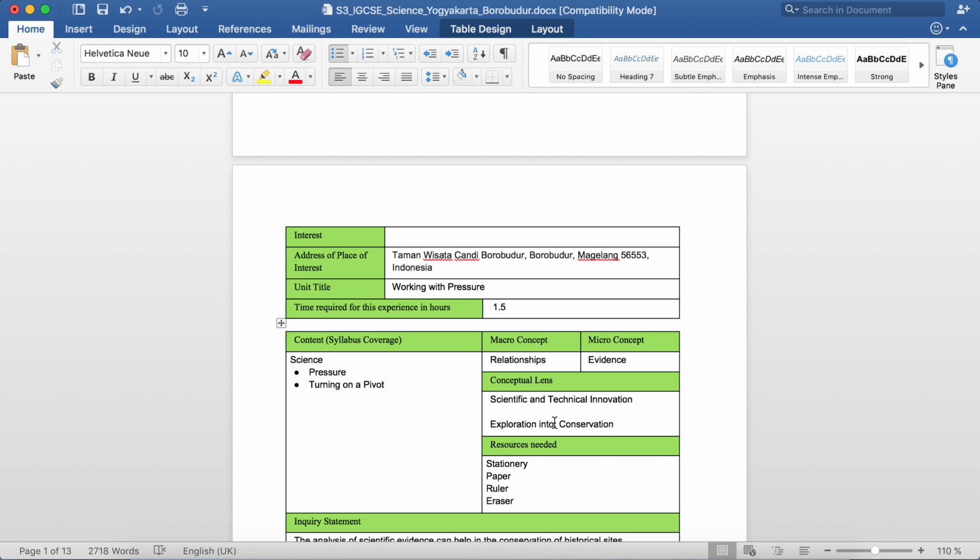In order to make your ideas more organized and focused, it is highly advisable to determine the conceptual lens first before identifying your macro and micro concepts. Moving on, the macro concept is also a transferable idea that is more specific to the topic on hand. In this LE, we will be talking about relationships in scientific and technical innovation. On the other hand, the micro concept is more subject-specific and can only be applied to a limited number of